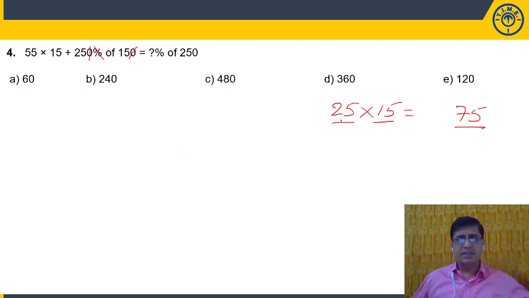Then what do I need to do? Just I need to subtract 1 from the square of the larger tens digit. So the larger tens digit is 2. 2 square minus 1. It is 3. Am I clear? So what is the discussion here? 25 into 15 means the difference of these two numbers is 10.